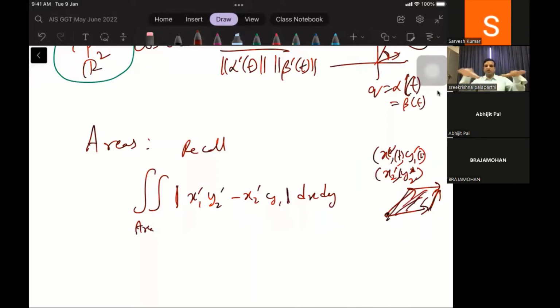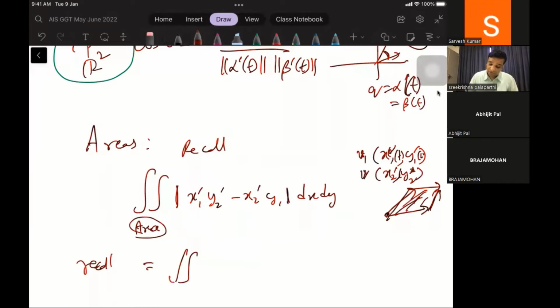So if you have an area on the plane, by estimating it by infinitesimally small parallelograms and taking the Riemann sum over the parameter domain, this norm, the norm of x1 prime y2 prime minus x2 prime y1 prime, gives you area. So recall that this can be written as, if I call these vectors x and y,